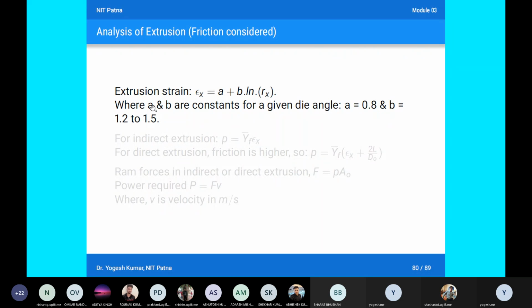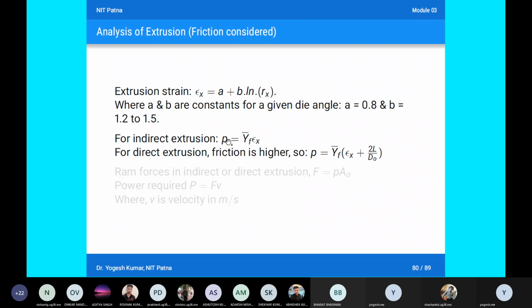Okay, so the values of A and B are constants. A is normally 0.8 and B varies between 0.1, 0.2 to 1.5. These values will be given during your examination when you have to solve the numerical problem. So, for indirect extrusion,